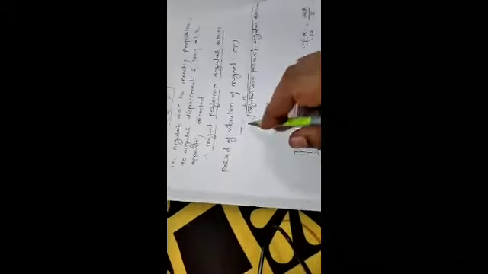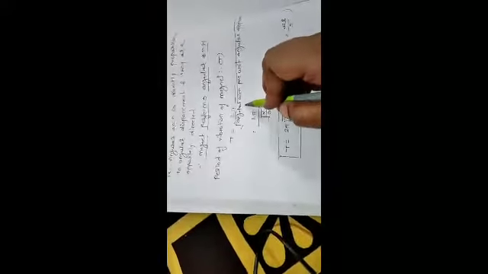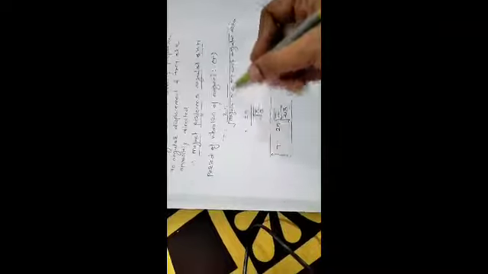The next is the period of vibration of the magnet. We know that T is equal to 2 pi upon omega, and instead of omega we can write the angular acceleration per unit angular displacement, that is, alpha by theta. So T is equal to 2 pi, and here alpha by theta is mu B upon I, so we can write I upon mu B. So this will be the period of vibration of the magnet.